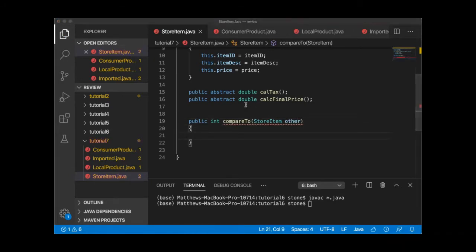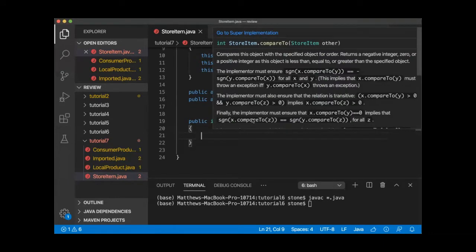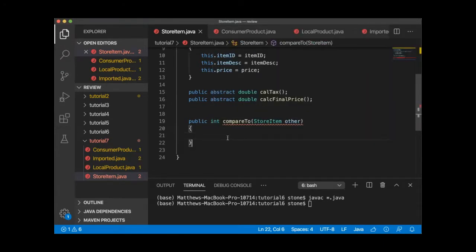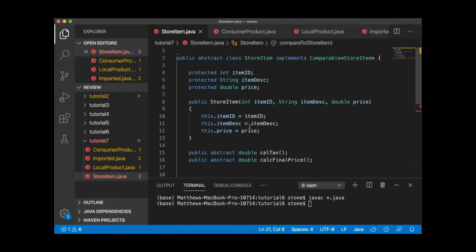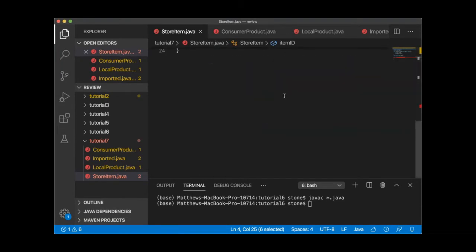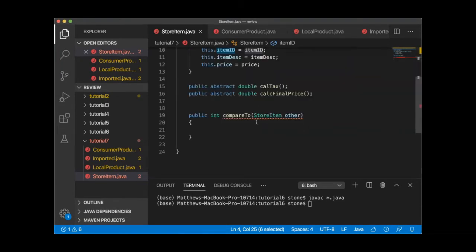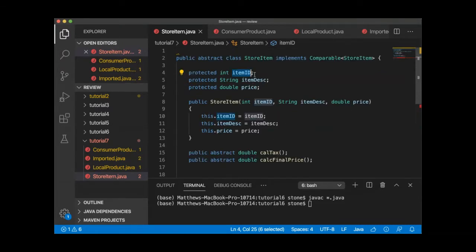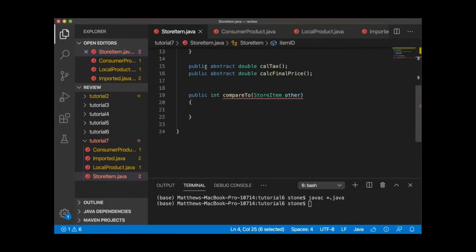All right. So basically, this is going to return 0 if they're the same, and so on and so forth. Now we're comparing the item IDs, right? We could go through the trouble of saying, if item ID is equal to other.item ID, return 0, else greater than that, and so on. Yeah, waste of time. Luckily, there is a compareTo method